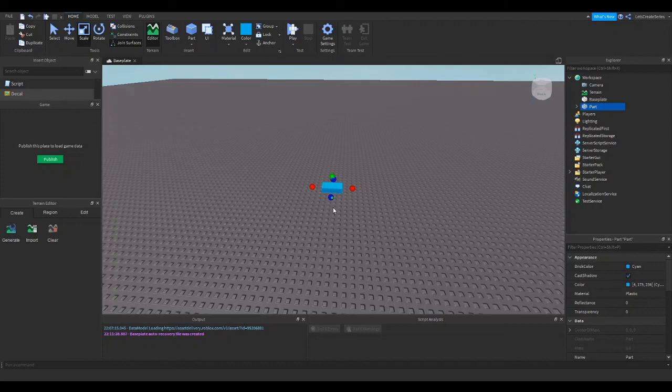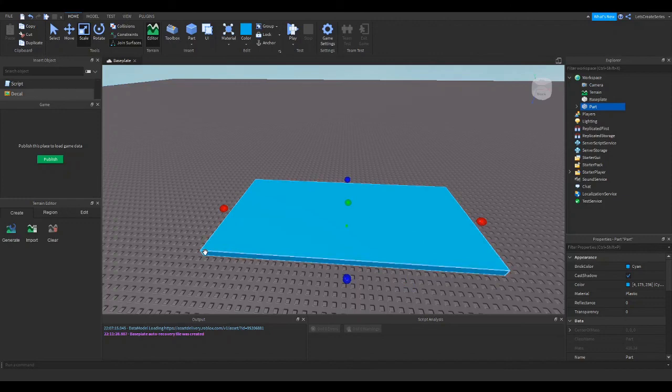So now that we have these handles, we can grab the blue one that's closest to us and we can pull it towards us. And it'll show that our part is getting longer. And then we can grab a red handle and pull it to the side. And if you're facing a different direction, so you're grabbing different handles, that's okay. But essentially all we're doing is making this part bigger. And so we have this bigger part now,